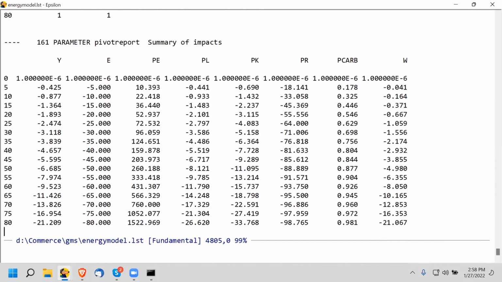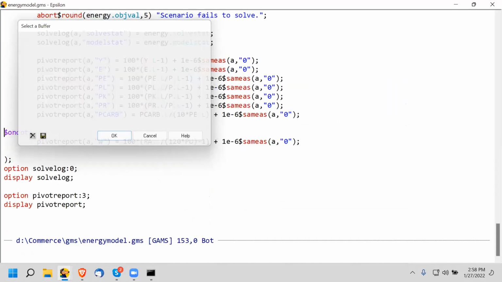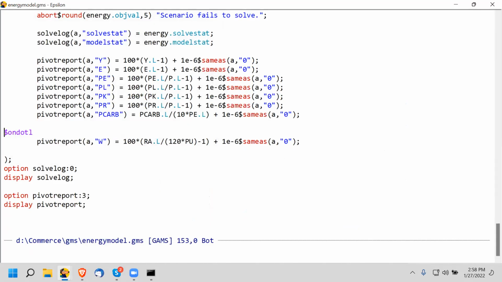So what does the 21 mean? It means output's falling by 21%. Yeah, I think if you look at the results here, let's look at the code. That's total output for the entire economy. Y dot L is the macro output, E dot L is energy. Okay. And then we're looking at what happens to the price of energy versus the price of output,